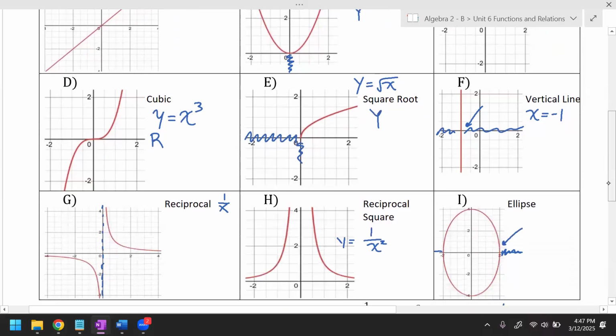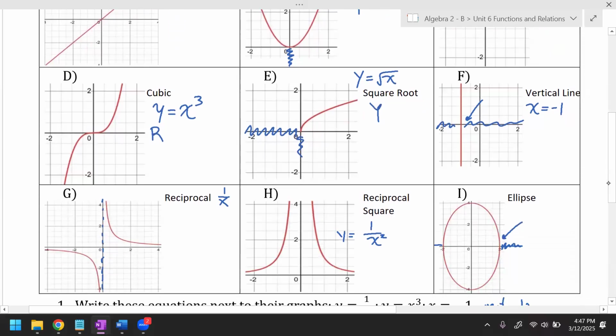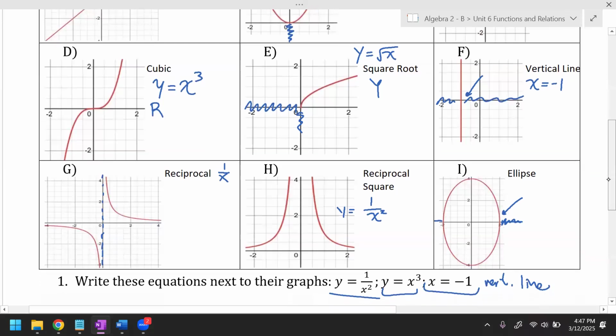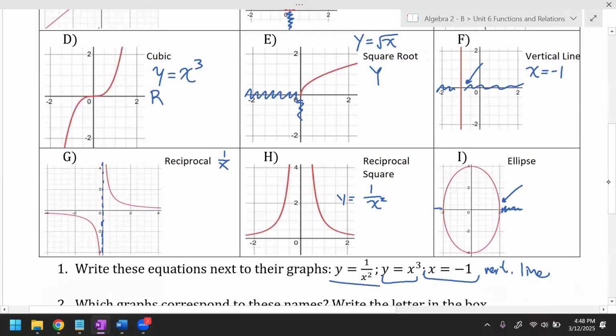Letter F does cover all of the y values. See, that red goes up and down forever. It has all of the y's. Its range is everything. The reciprocal function, that tricky one again, it might look like its range is everything in